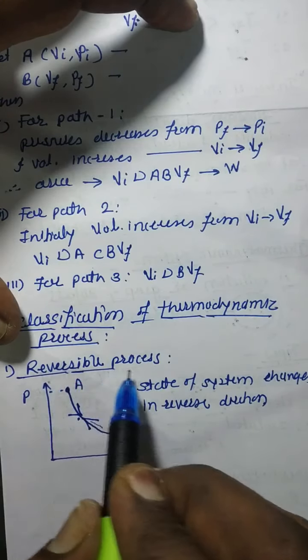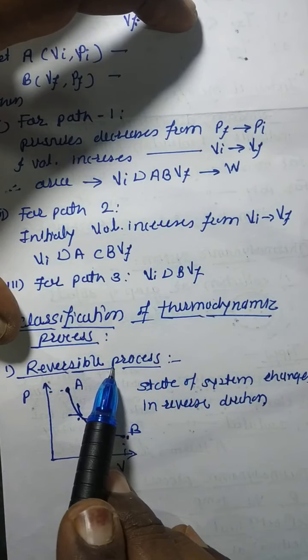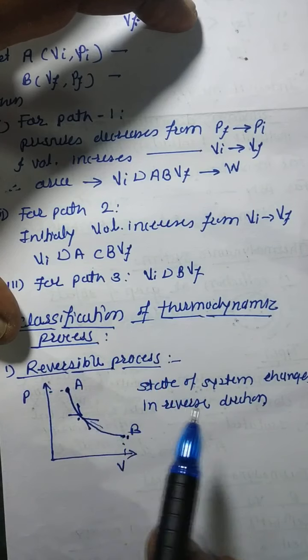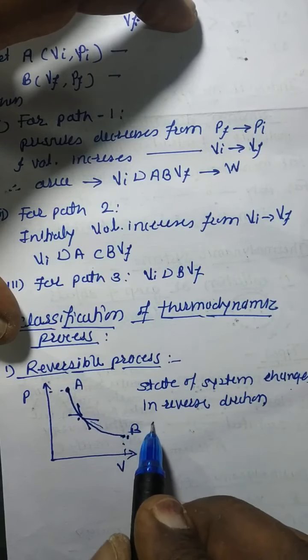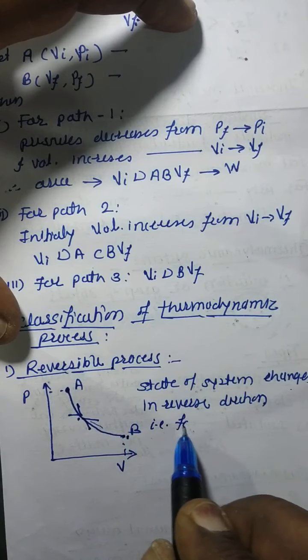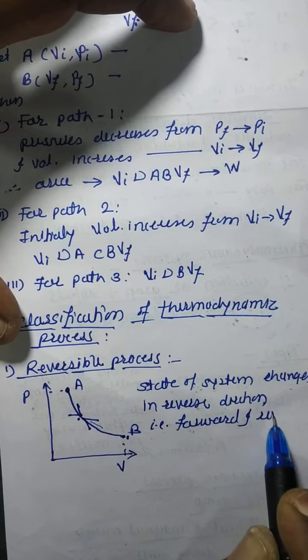What is reversible process? The thermodynamic process in which state of system changes in reverse direction, that is forward and reverse